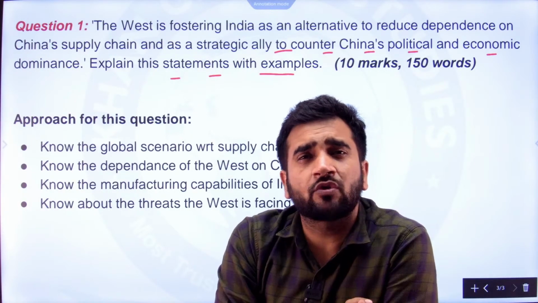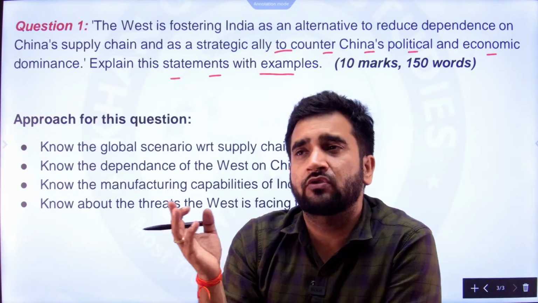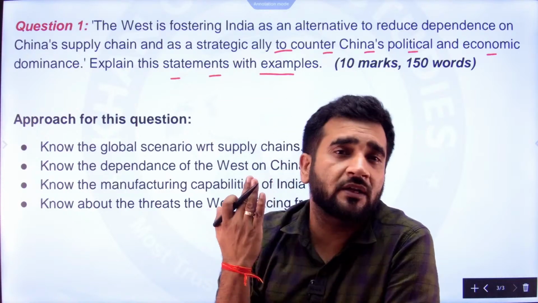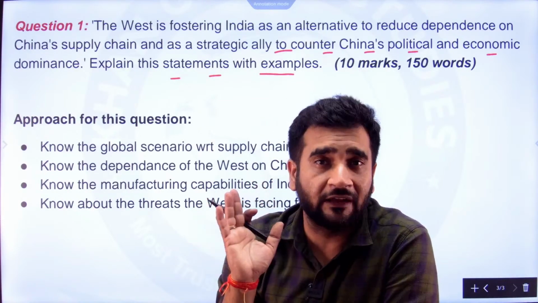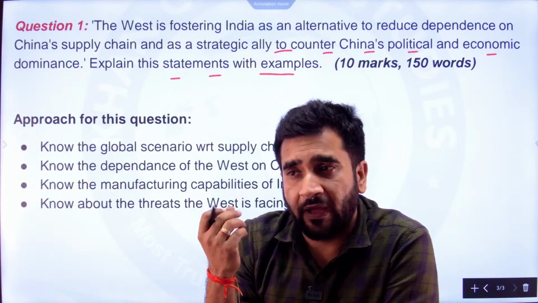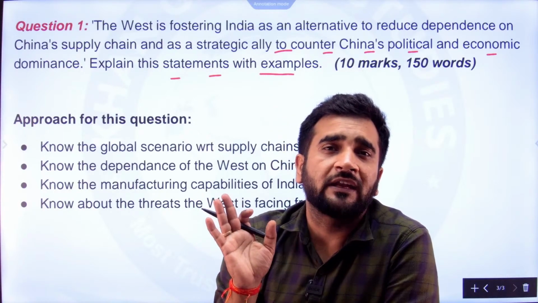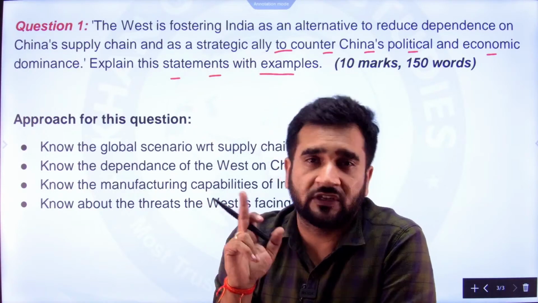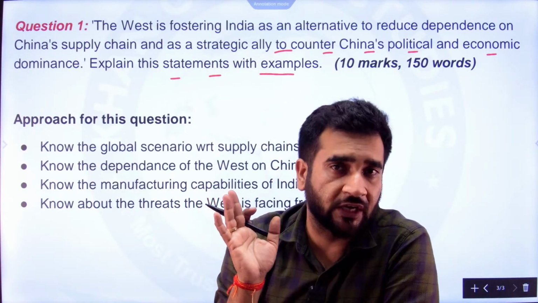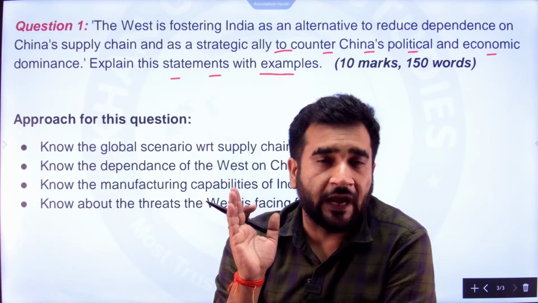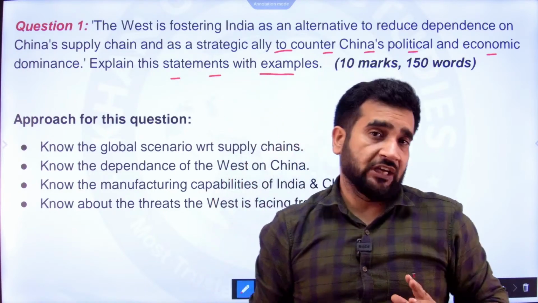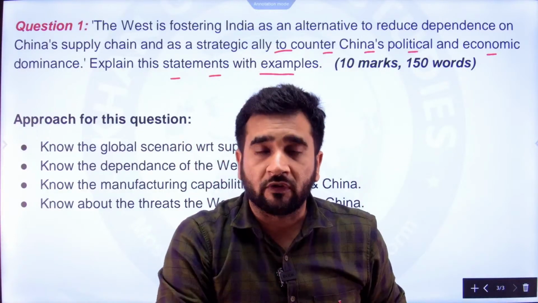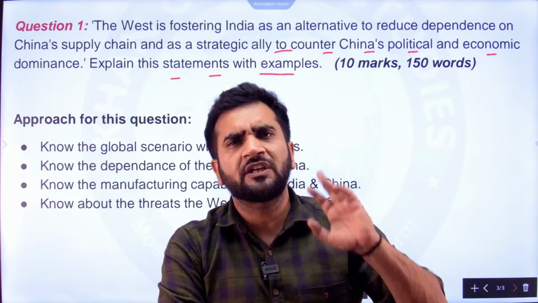So developed countries don't want that, so they outsourced it to China. China was making goods for developed countries and sending them there, like Apple iPhones or Apple MacBooks or any other sophisticated items which earlier used to get manufactured in the West, but now were getting manufactured in China. The West became dependent upon China because China was making those goods and supplying them to the West. In fact, China was supplying it to the entire world.